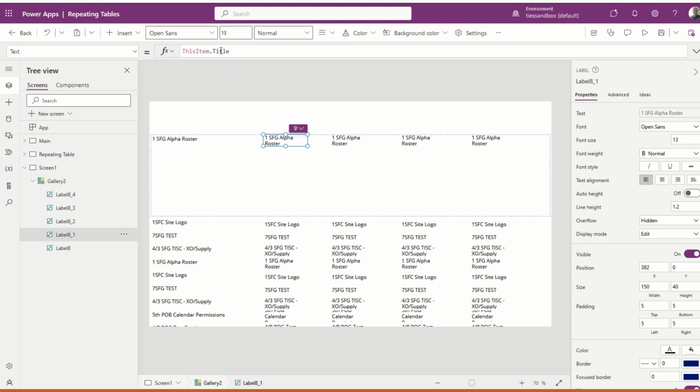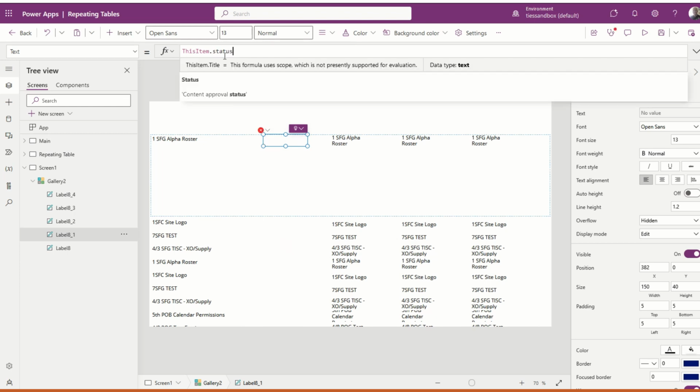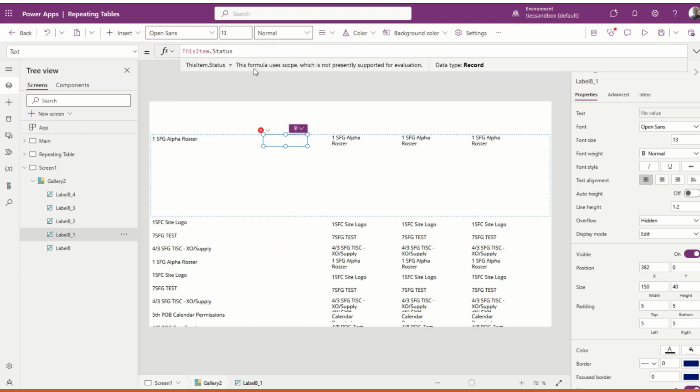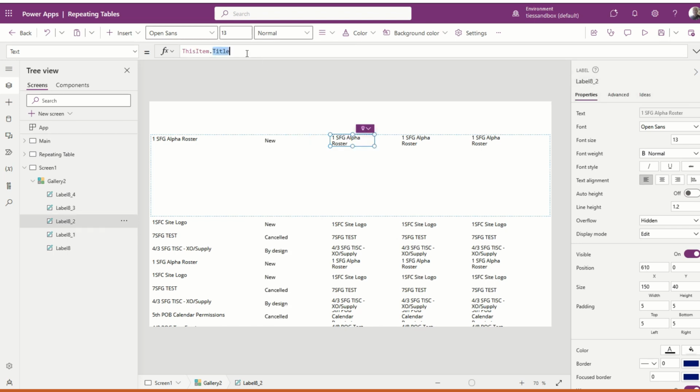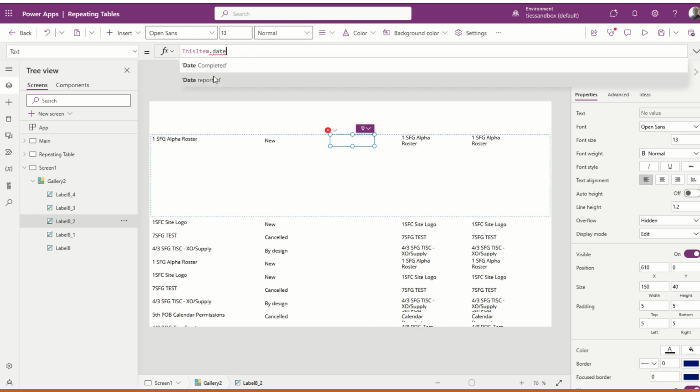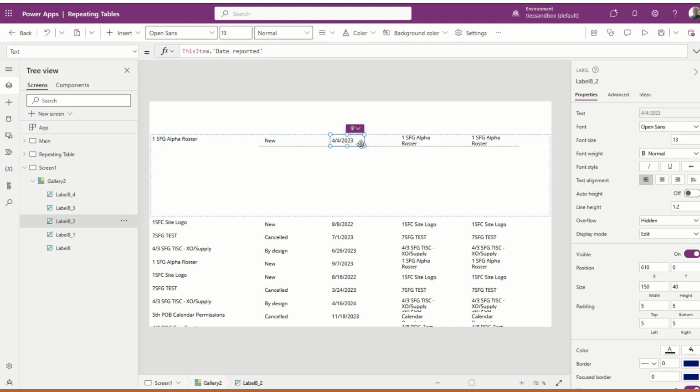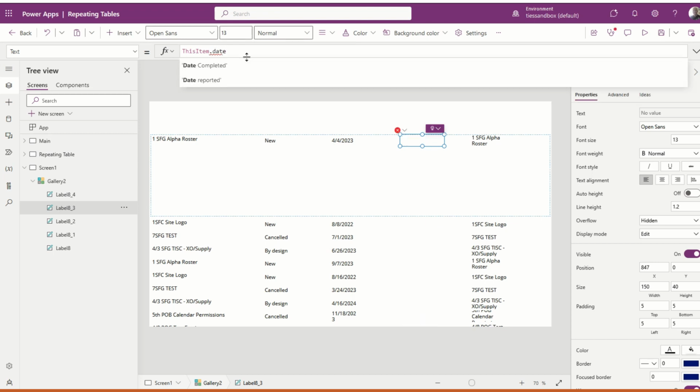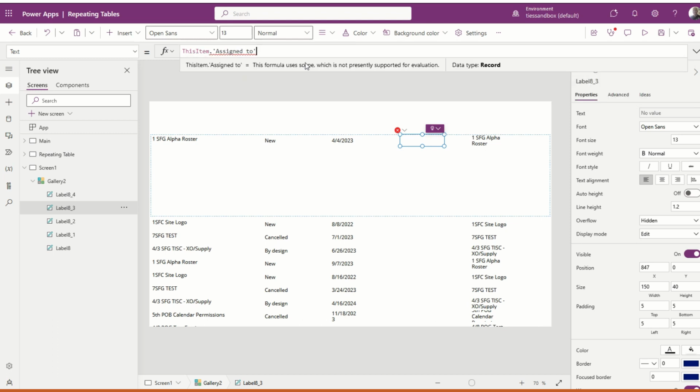We're going to do status dot value. I know it's a drop down. And then, oops, I can't spell today. Date reported. Okay, that's already text, so it's good. We'll go date. We'll go logs. Assign to dot